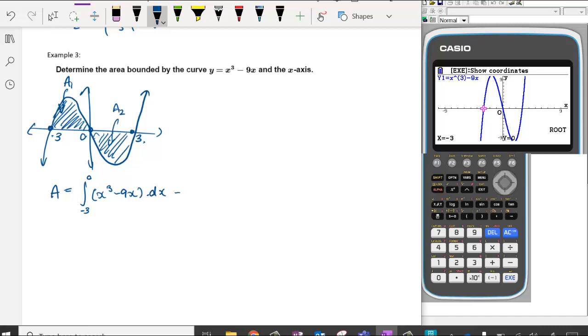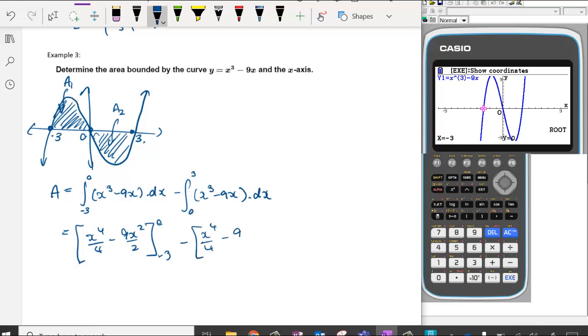And then we're subtracting. Because we know it's going to be negative, if we take it away it will become positive. Subtracting between 3 and 0, x cubed take 9x with respect to x. So this becomes x to the power of 4 on 4, take 9x squared on 2, between 0 and -3, and we're going to subtract x to the power of 4 on 4, subtract 9x squared on 2, between 3